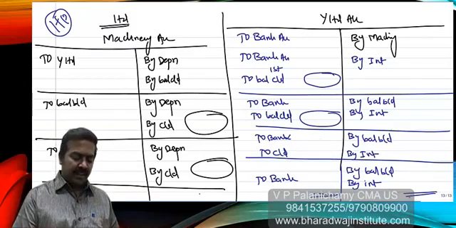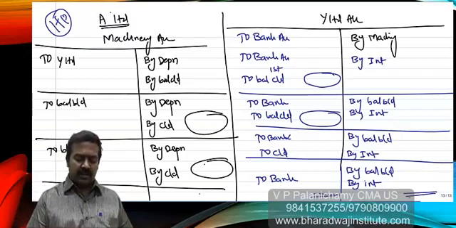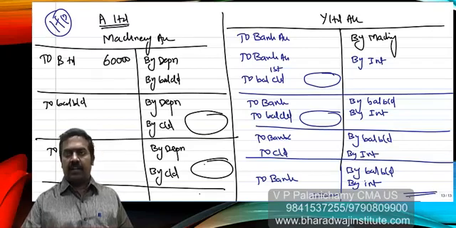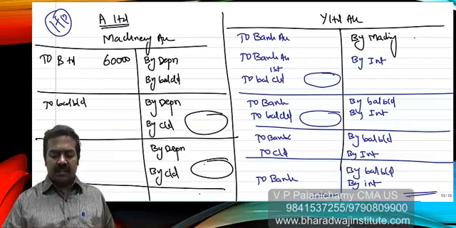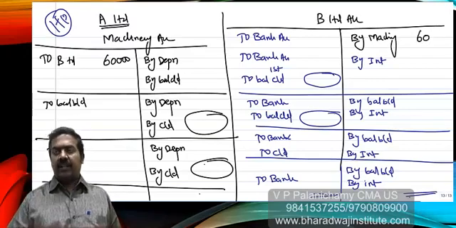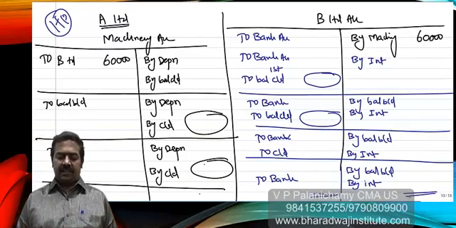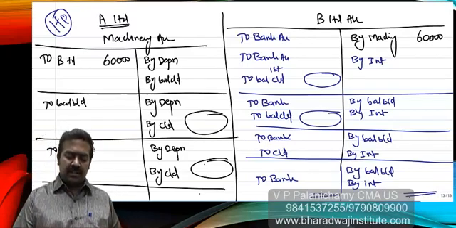In the books of A Limited, machinery account debit to B Limited account. What is the cash price? 60,000. Here it will come as buy machinery. And when you prepare that B Limited account, buy machinery 60,000. Depreciation is which method? 20% WDV. By depreciation on this, 12,000, balance